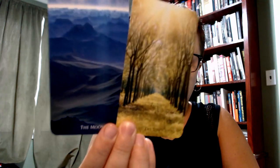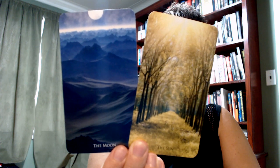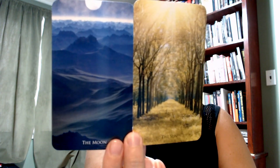I think to get to know decks like this, it can be helpful to compare cards. Like I put aside to look at the moon and the sun in Naturescapes Tarot, right? Again, thinking about hierarchies and meanings and the trajectories of the majors. I don't read one of these cards as better than the other. I don't read one as necessarily more desirable, or one that I would rather be in, but they certainly evoke very different feelings, these two